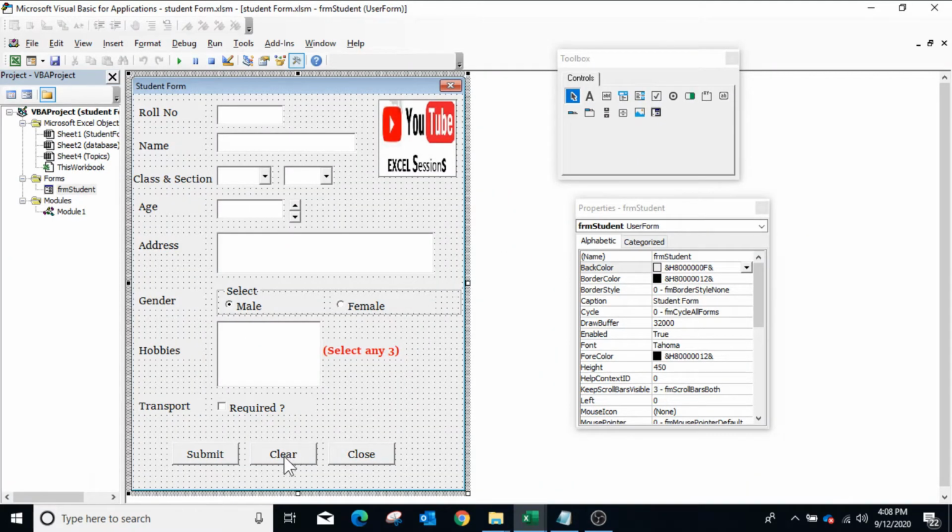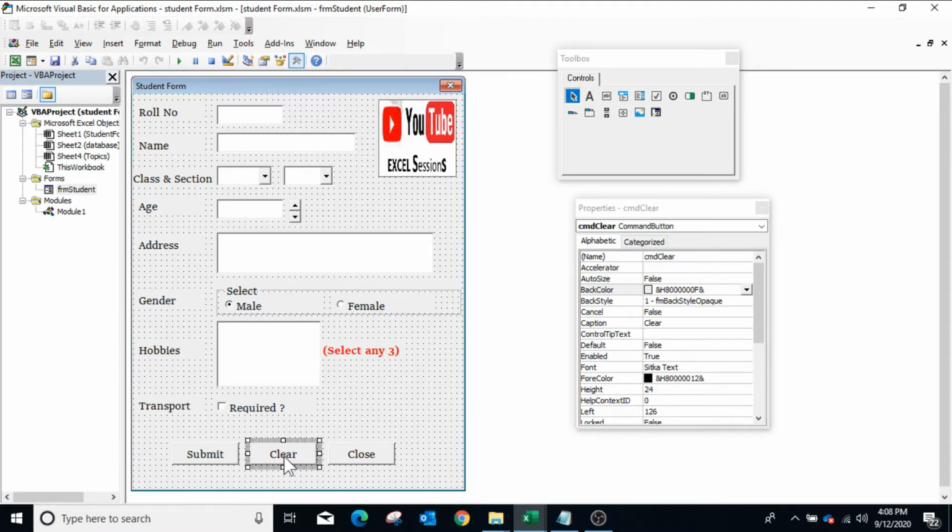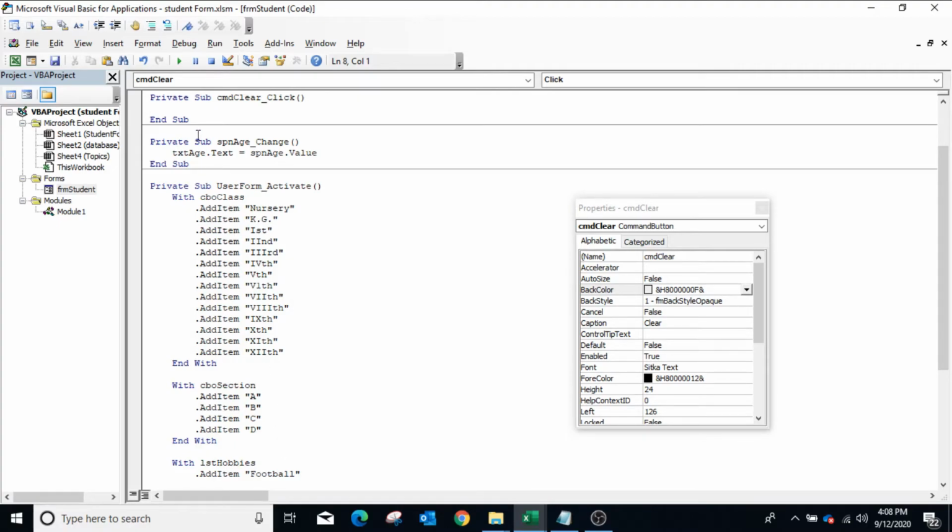Now to write the macro for the clear button in the user form, double click on the clear button and in the click event, to clear all the text fields, type ClearAllTextFields. Now in the module,